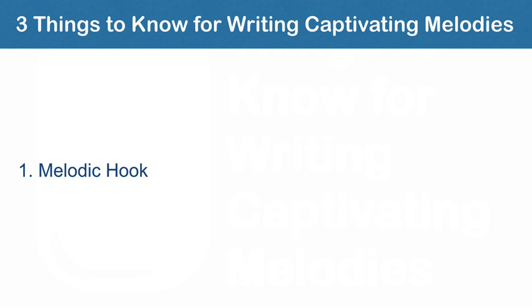Memorability in a melody is important. So if your listeners remember your song's melody, then they'll want to hear it again. And if it's too complicated, they won't remember it, and they won't even be capable of wanting to hear it again. So the best melodies are kept simple because simple is memorable. And in addition to being simple, the best melodies usually have a unique aspect to them that makes people want to hear them again. So the next thing is melodic motifs.